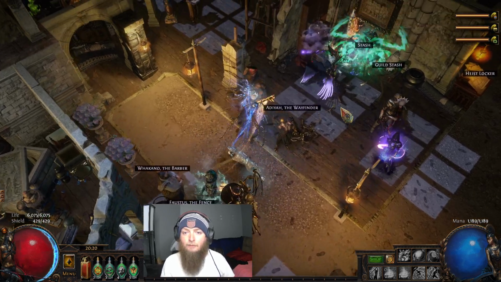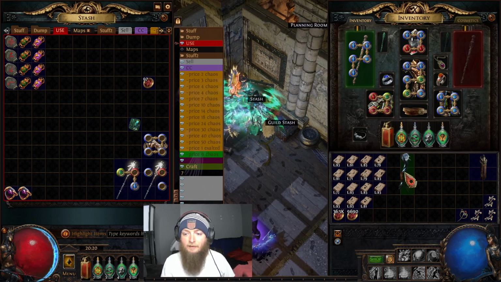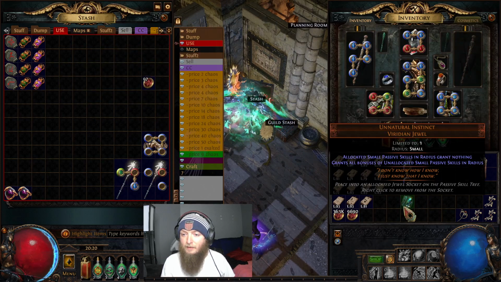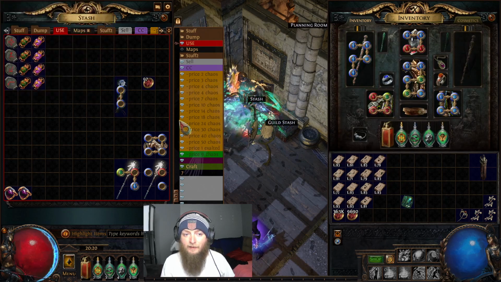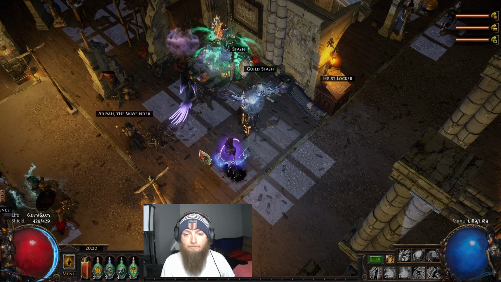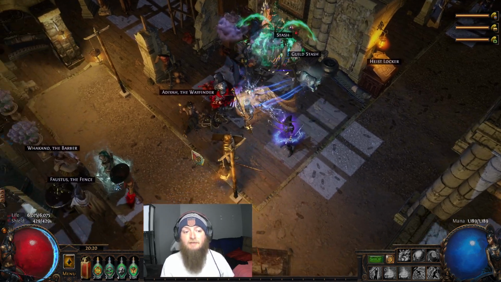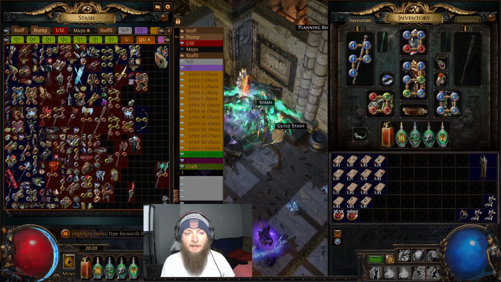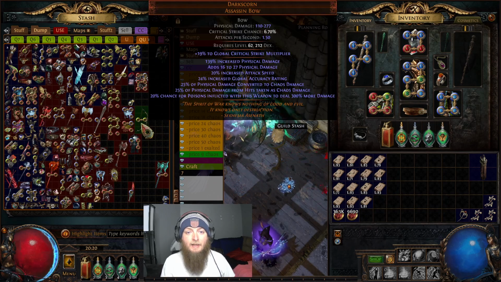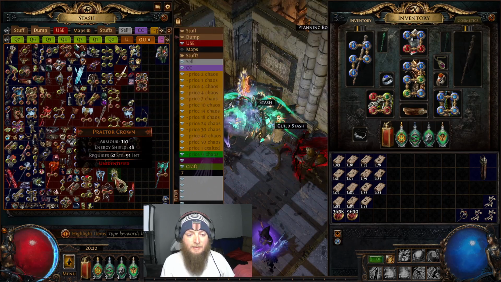That's given me, well, I can show this off from the heists we just did. That gave me an unnatural instinct. It gave me a void battery, and I got a 5-link Cloak of Defiance from that, at least. And I mean, if I were to look at the uniques, I have a Dark Scorn, Home Supremacy,